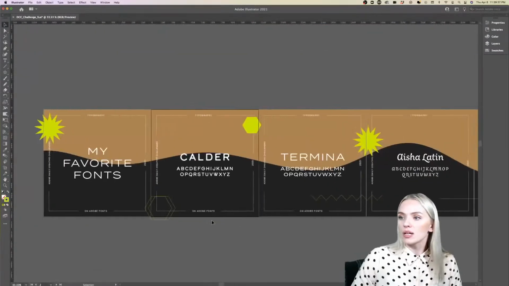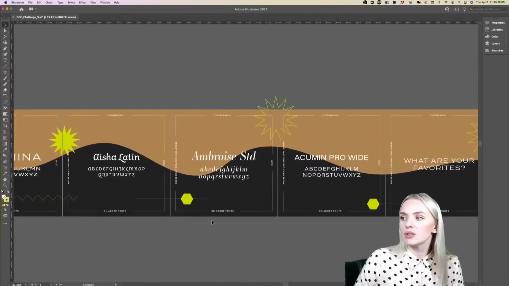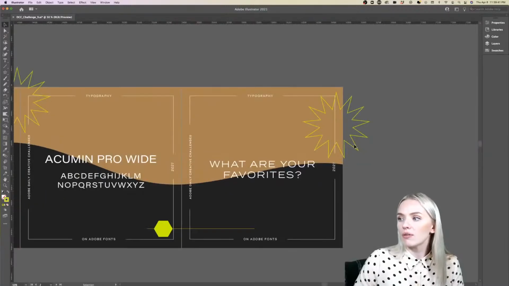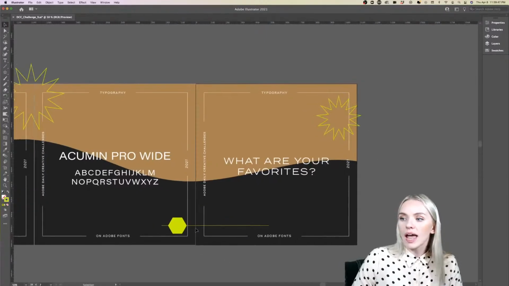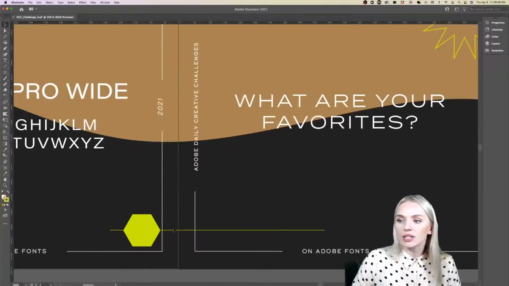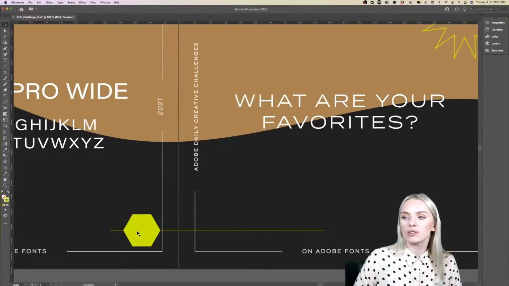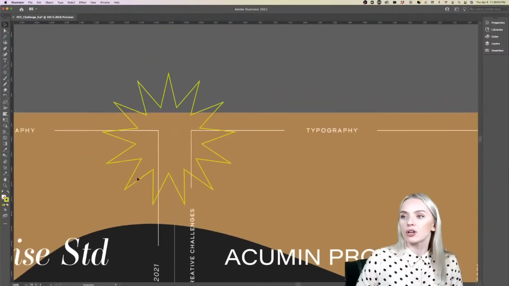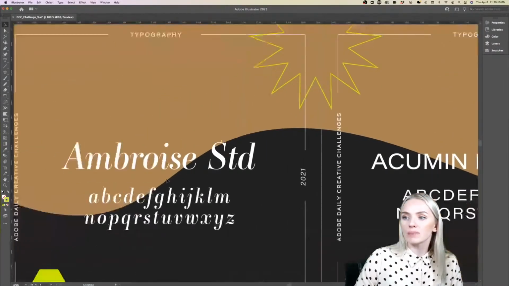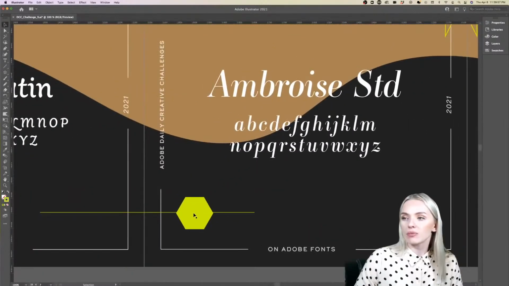Yeah, so just experiment a little bit and create yourself a variety of different elements that you distribute across your posts. And as you can see, we have a connection here between these two posts with this line, and then we also have a connection here with a star. We have a connection here again with another line,